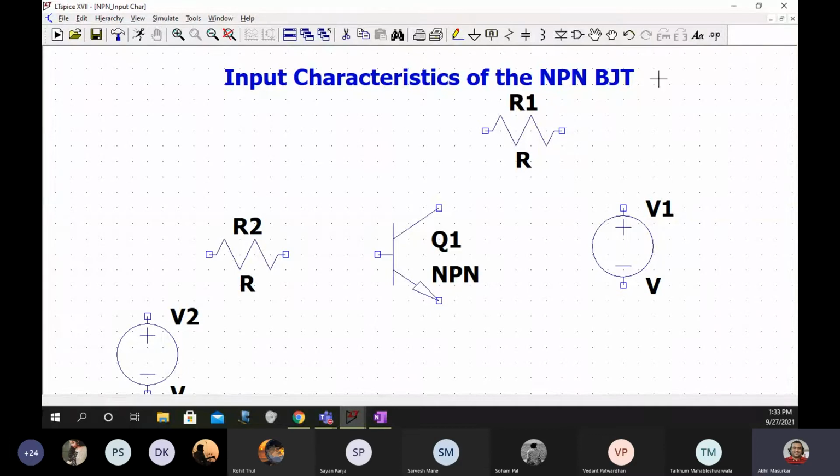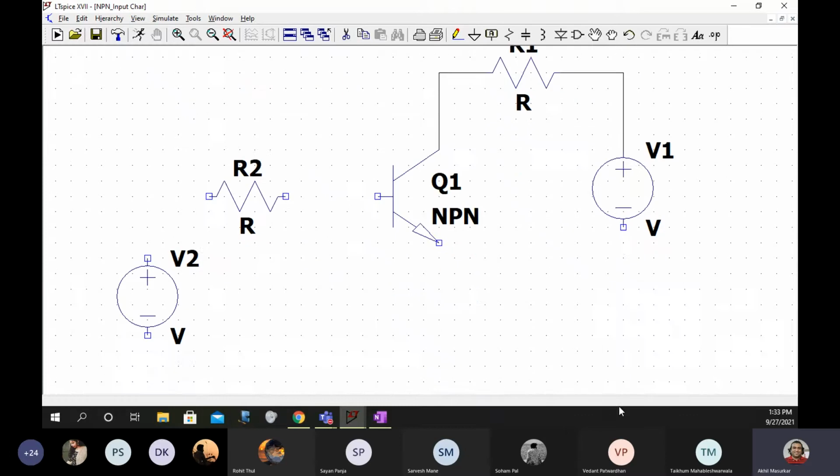My advice to you is, first connect all this, and then we will do the simulation together.